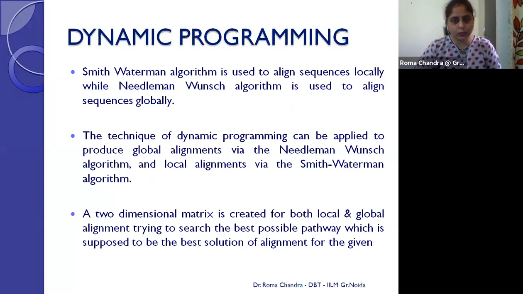Okay, so while going with the dynamic programming process, what we need to do is create a matrix. And this matrix is a two-dimensional matrix, two-dimensional because we are considering two sequences. What we are doing is aligning two sequences, so the kind of matrix we'll take is a two-dimensional matrix. We will keep one sequence at the row side and the other sequence at the column side. So this will be the approach for our dynamic programming actually.